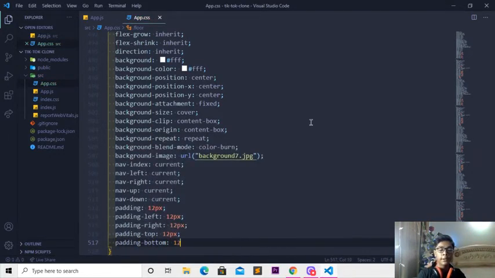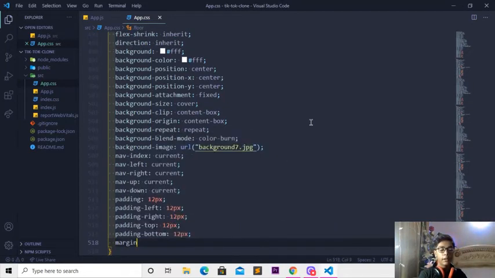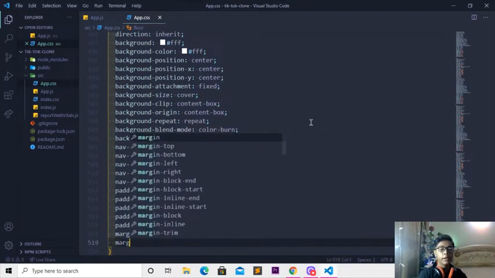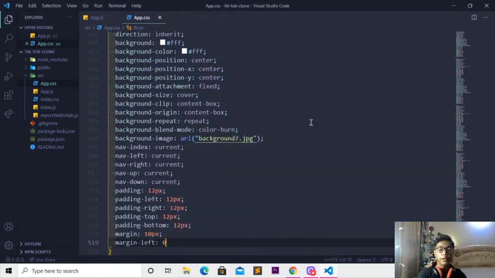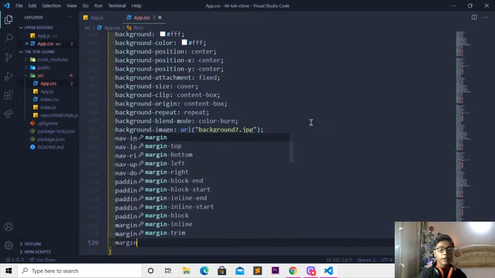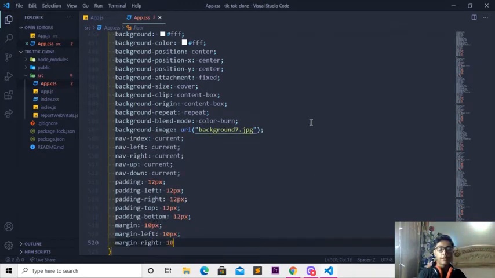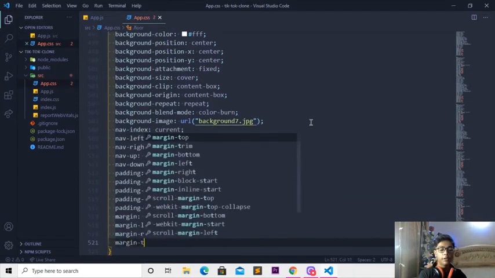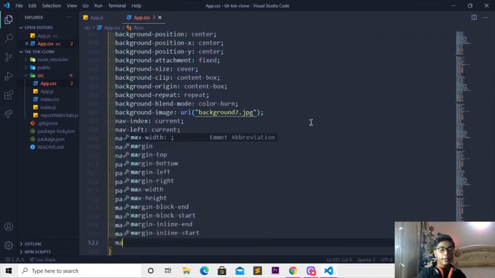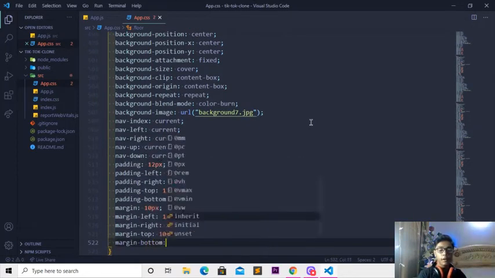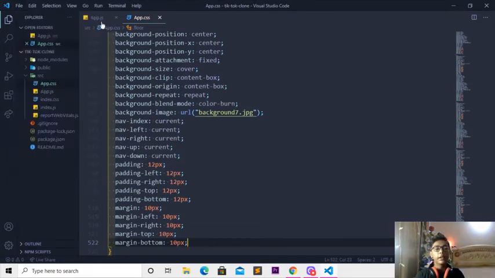And if done that, I'll be now writing margin 10 pixel, then I'll be writing margin-left which will be 10 pixel. So when you're done with that, I'll be now writing margin-right 10 pixel, and then margin-top 10 pixel, and margin-bottom 10 pixel. So when you're done with that, I'll be saving that here, going to the app.js file,